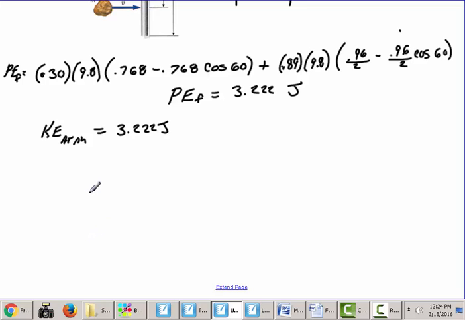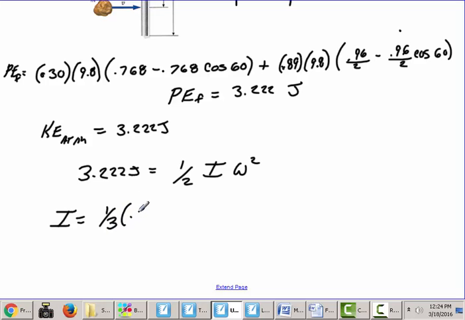So we can set 3.22 joules equal to 1/2 I times omega squared, because this particle now has stuck. To find the moment of inertia, we take a rod that's pivoted about one end, and that's going to give me 1/3 times its mass, which is 0.89, times its length, which is 0.96. We're going to square that, plus the mass,